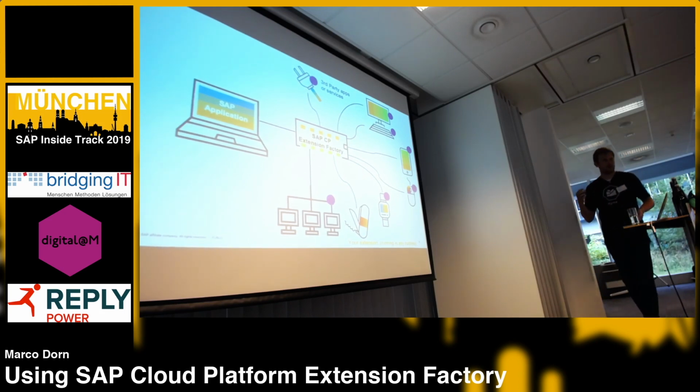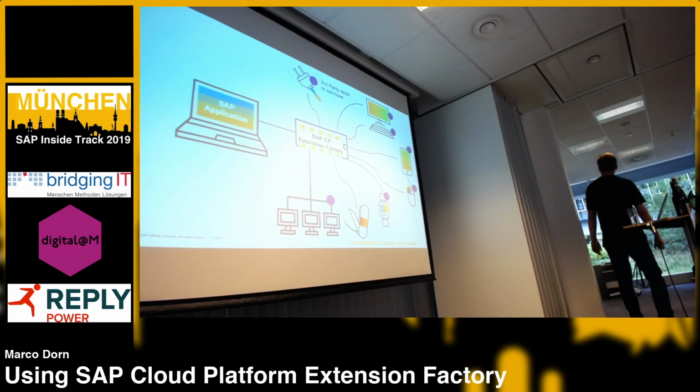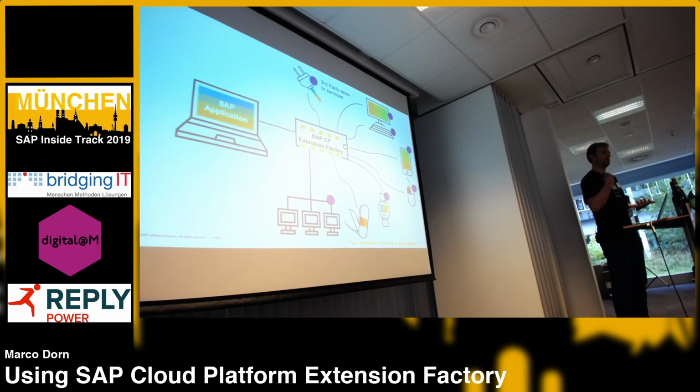And it can talk, and as long as it connects, it uses the open standards that we use from the open source community, and can easily comply to those. It can be extended, or can be included in the extension scenario via the extension factory. And so that's pretty much what we built with the Cloud Platform Extension Factory. So we're on the road there,